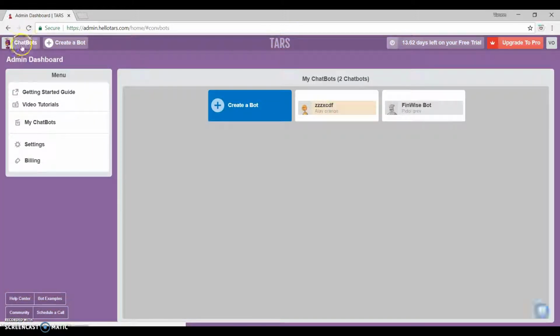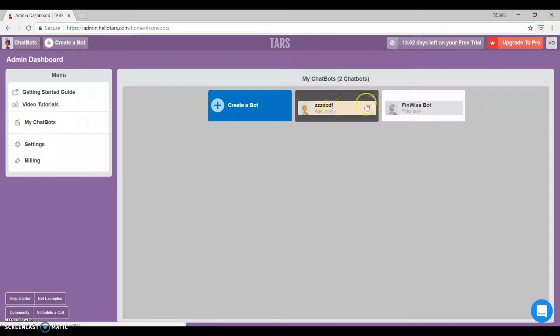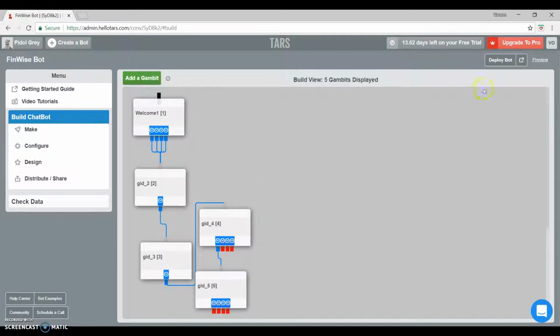So now if you have two chatbots, there's one which I made, just the Alex Orange one. Alright, I think this is it. In case of questions, of course, we will have a conversation for